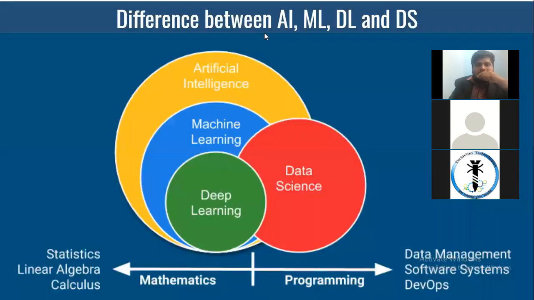So yeah, this is a very important factor here. What is the difference between all these things? What is the difference between deep learning, data science, machine learning, artificial intelligence? Okay, simple. Artificial intelligence is a big sphere. Inside that, machine learning is a method. Inside machine learning, there is something called deep learning. Deep learning deals with complicated data.